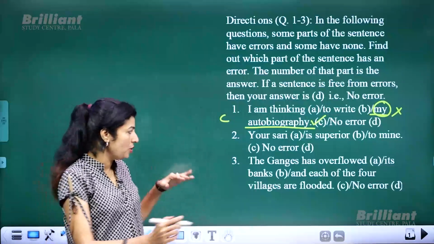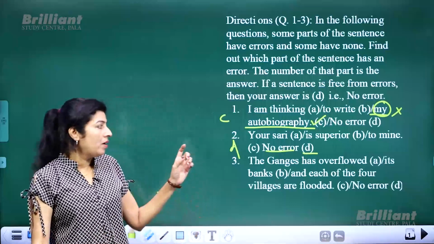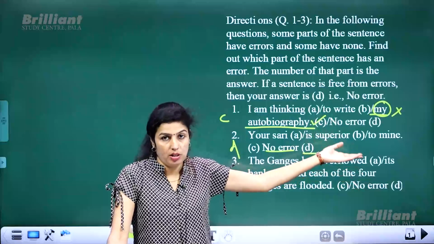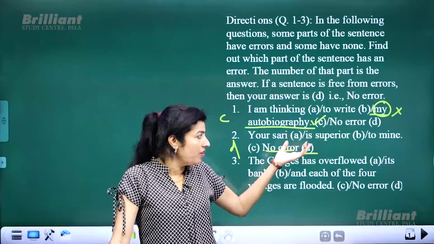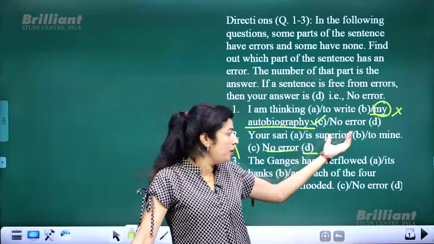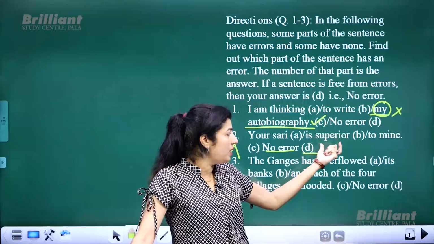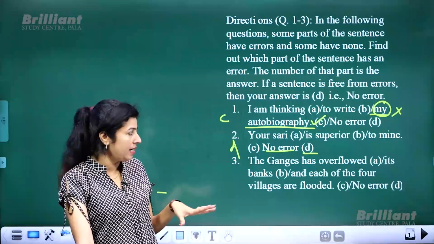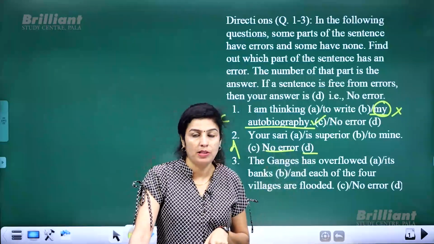The reason is, that means you can choose the D option, no error. See, the thing is, suppose it is "superior than mine", which is the kind of sentence we usually have. Usually where we are asked to find the error, it would have been given like "is superior than" mine, than her, etc. But with the word superior, it is of course "to" you. So there is no error in that statement. This statement is correct, so your answer should be the last option, that is no error.